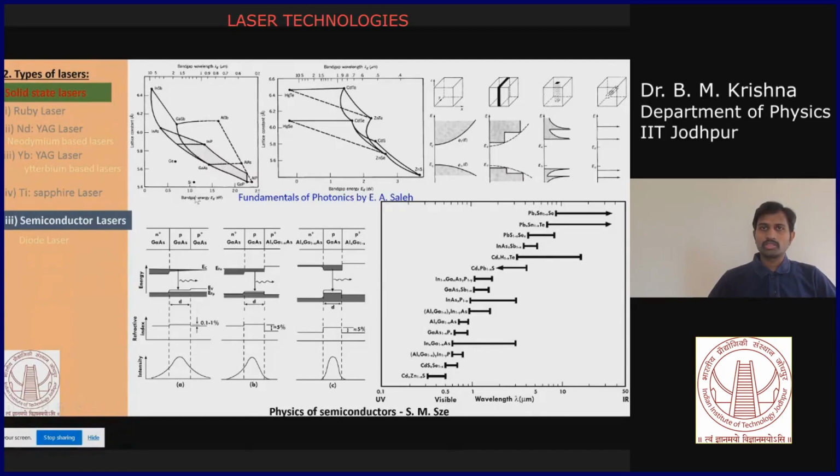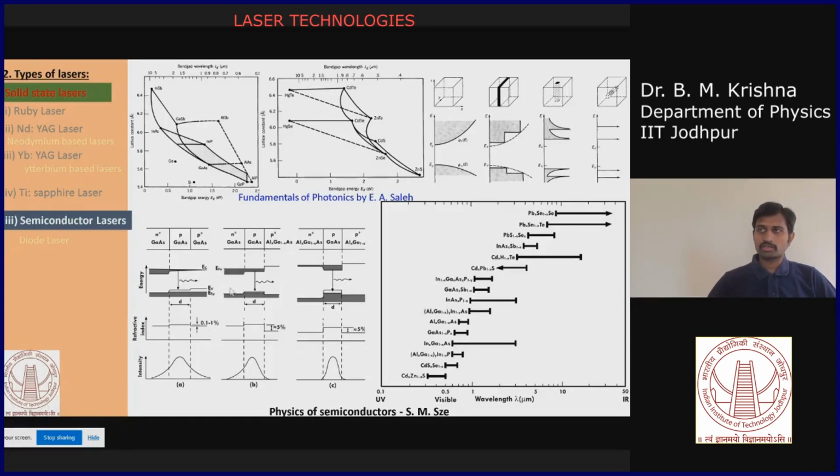So using different materials or semiconducting materials, you form the heterojunctions. One heterojunction or multiple heterojunctions create a band gap engineering, so that you have lasing action from your conduction band to your valence band. So you create a population inversion at the junction. Your lasing will be decided by the band gap of this device. So the band gap decides what wavelength is coming out of these semiconductor lasers.